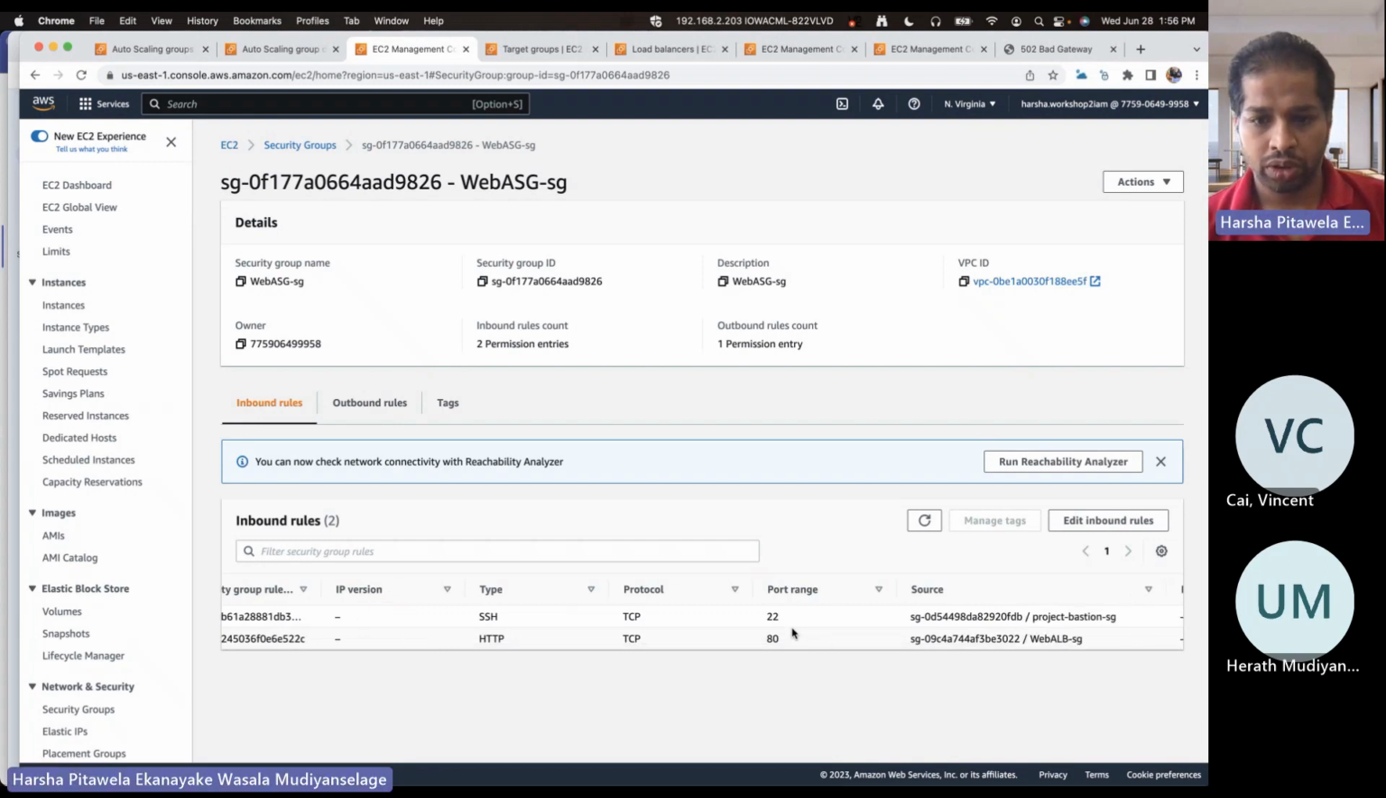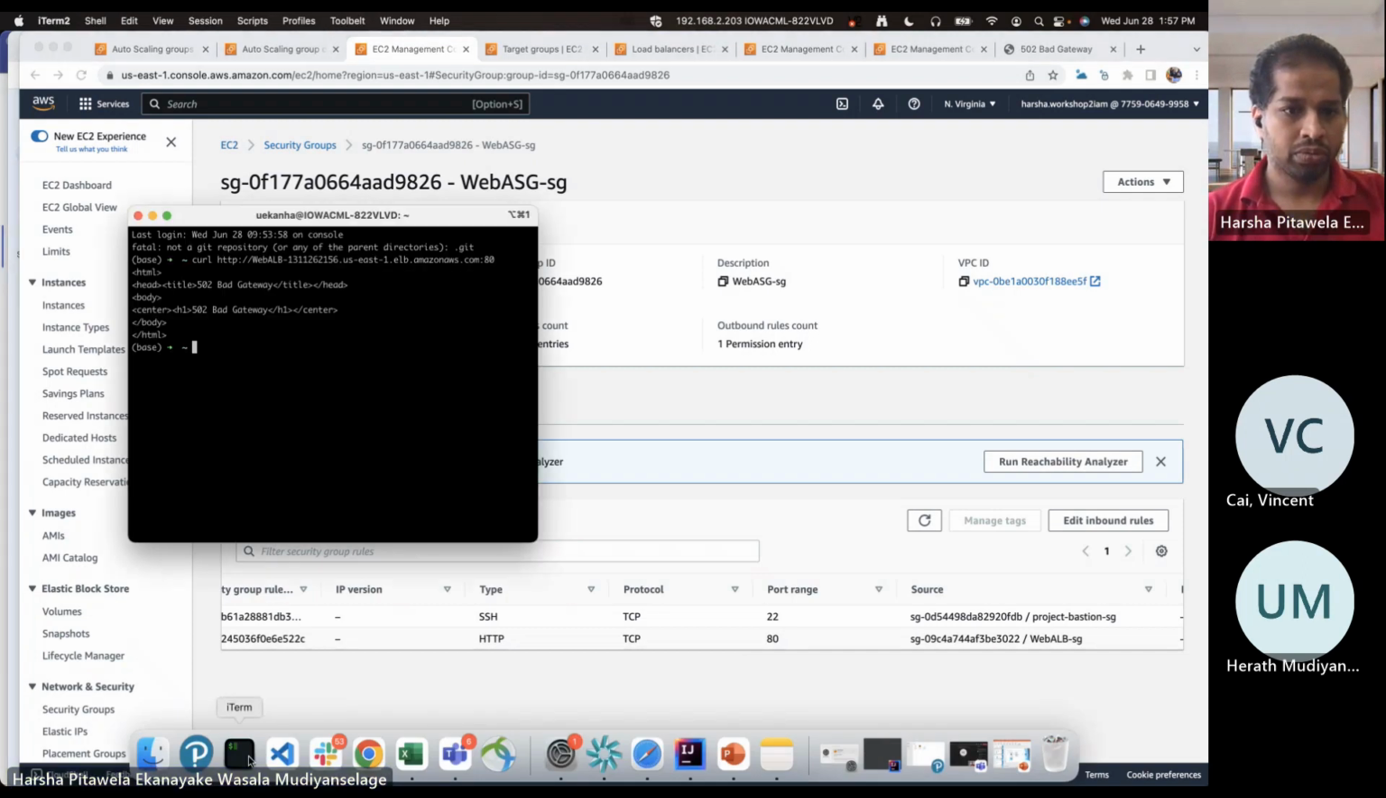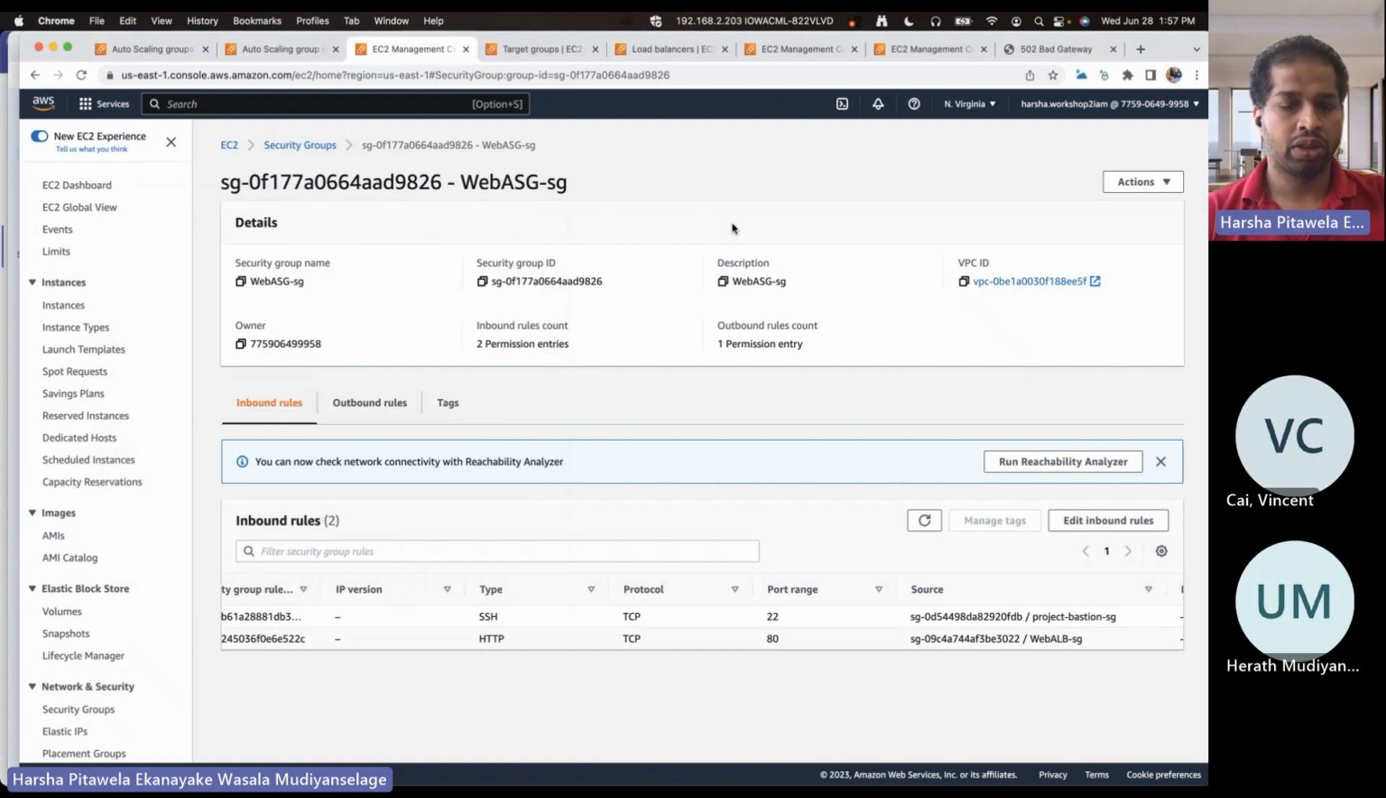Okay. So it allows port 80 from the security group and the project security group. So what we can do, we will SSH into the web server to see if the web server is running. So what we can do, we are going to get the